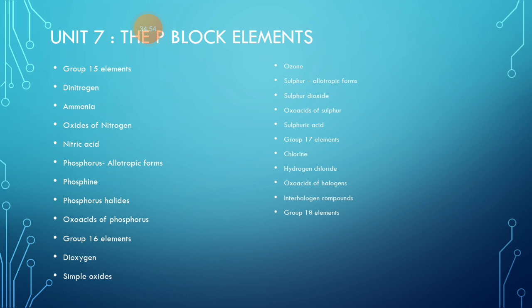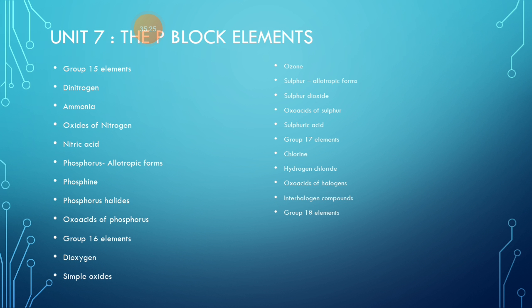Then we are going to learn a molecule of nitrogen, which is known as ammonia, that is NH3. The preparation of ammonia and the chemical properties and physical properties of ammonia we are going to learn over here. Along with that, we are going to learn about the oxides of nitrogen. Then we are going to learn about the preparation of nitric acid and its chemical and physical properties. Then from group 15 only,